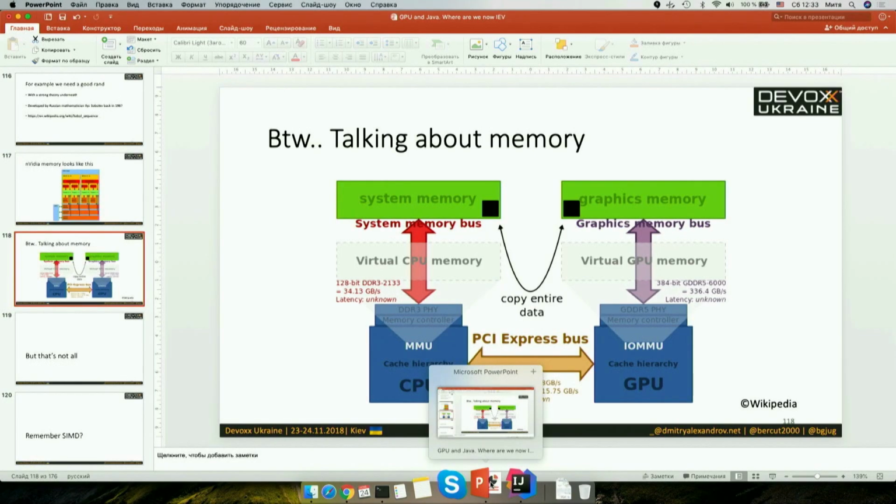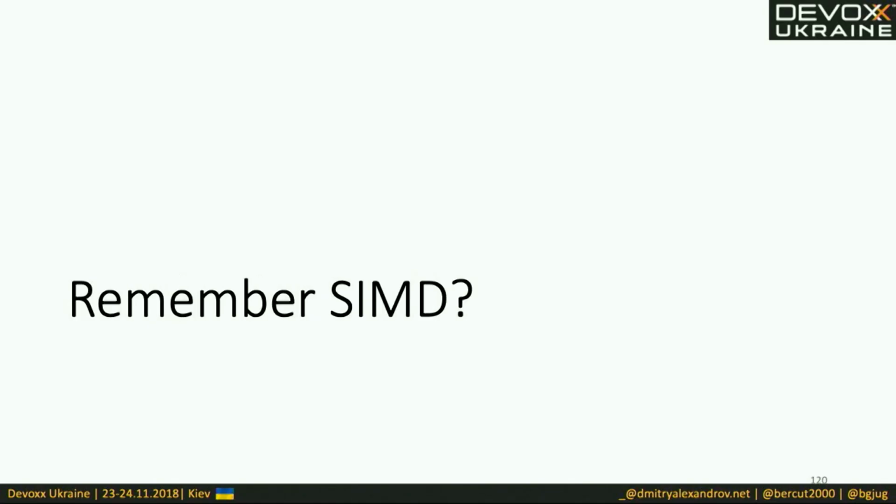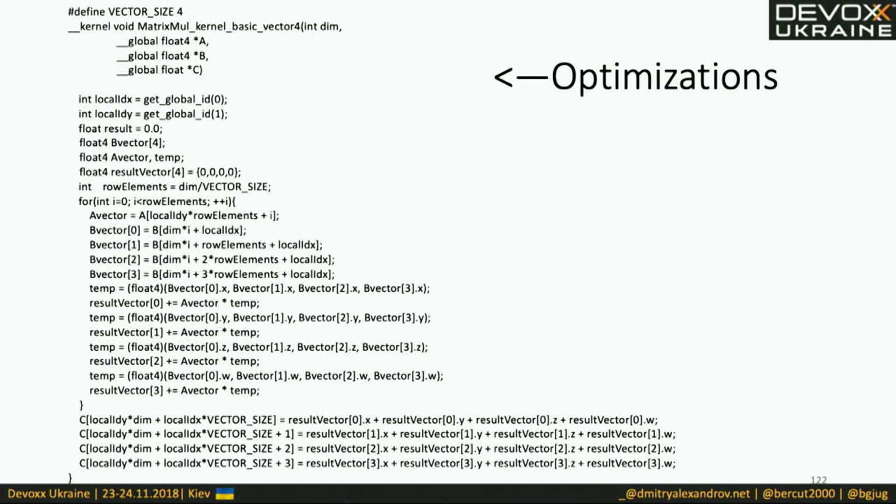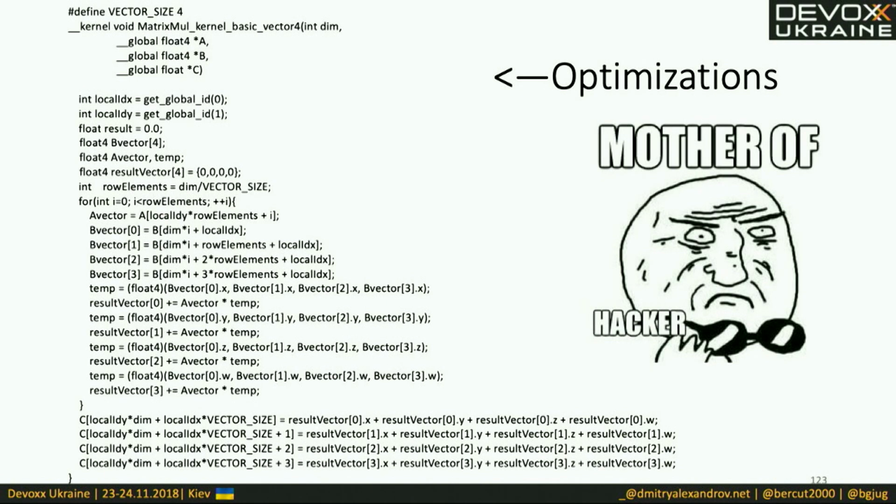And so if we go further, remember, if we take this matrix multiplication program, and if you know your hardware very well, an optimized version of it can run like this. I first saw it, yes, it's a mother of hackery, of course. And this program ran 8 times faster than the previous program because it utilized the SIMD instructions of the processor.